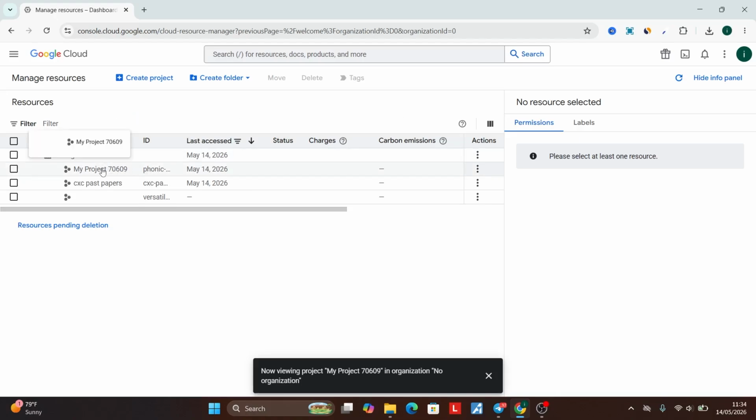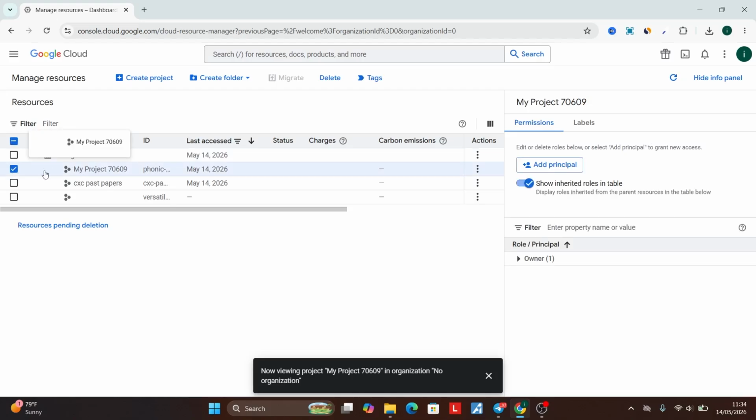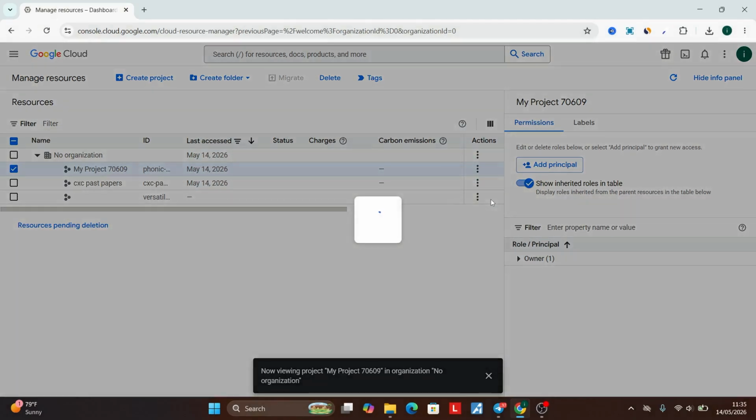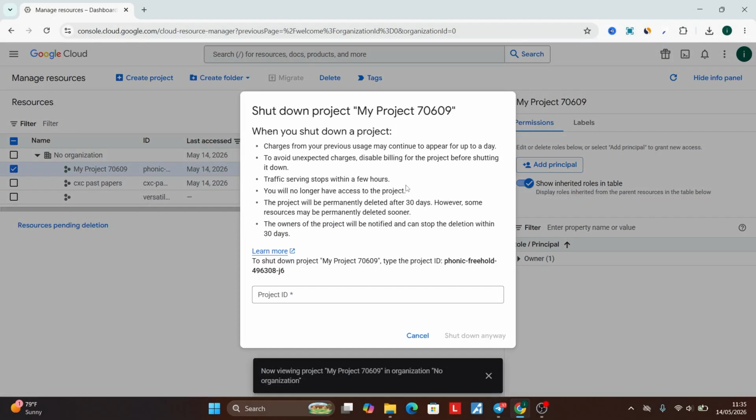Now choose the project that you want to delete. Let's say you want to delete this project here. Make sure to check it. Then also check this project. You can just select these three dots here. Then you'll see an option delete. So click delete. And then it will ask you when you shut down a project, it will show you all